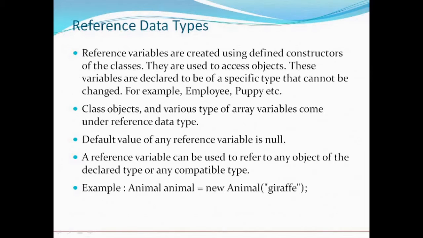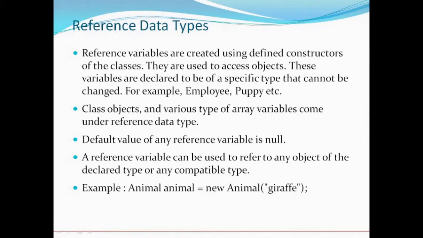Like, suppose we are declaring a class called employee, then that class employee will be used to instantiate objects of employee. Like I instantiate EMP1, EMP2, EMP3, 4. So these are the variables of that particular class, called reference variables. The reference to these variables, or the address of these variables, is stored. So these are known as reference variables, and we cannot change this directly.